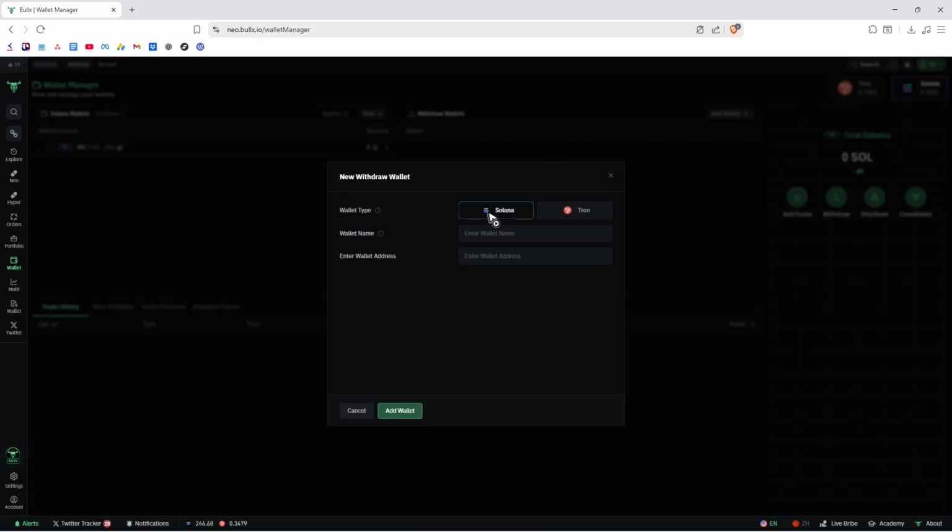Now in here, it could be a Solana or Tron. Okay, so I'm just going to go ahead and select or leave it as Solana, and the wallet name is of course Phantom. Okay, now in here it says enter wallet address, so just go ahead and enter your Solana's